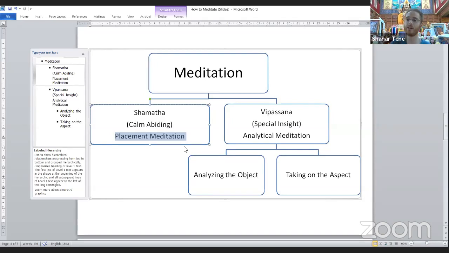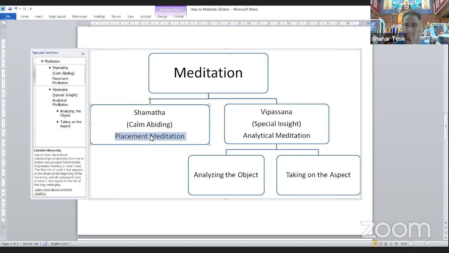And that has a variety of functions, not limited to developing this more calm and concentrated mind. Because actually, once we develop a more concentrated mind, we want to use that concentration to really deepen the insights that we gain through analytical meditation. And when we do that, it's not really, in a sense, calm abiding anymore, but it is a